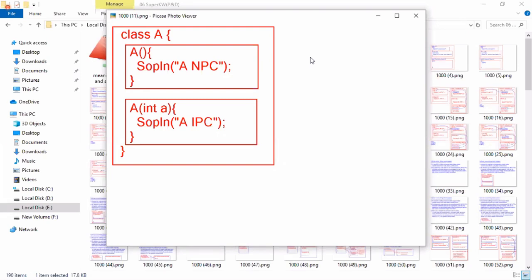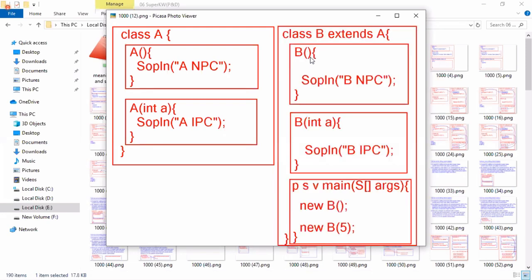Now tell me, can I create my own subclass from class A, class B? Yes. Class B extends A, with a B no param constructor and a B int parameter constructor. Now answer my question. In class B, we have two constructors. Calling the super class constructor in subclass constructors is mandatory. If you don't call, the compiler throws an error. I told you this point.